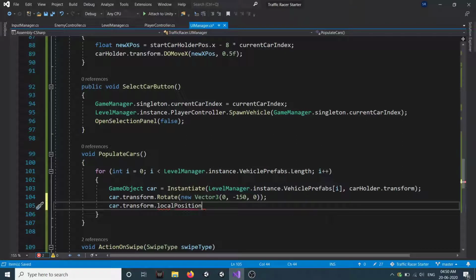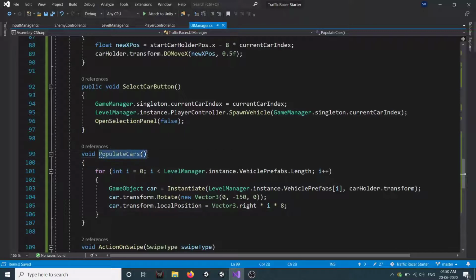Now the reason we are setting its local position is because our car game object is a child of our car holder, so that's why we are setting its local position. So it will be equal to vector 3 dot right into i into 8, because we know the gap between the two cars will be 8.